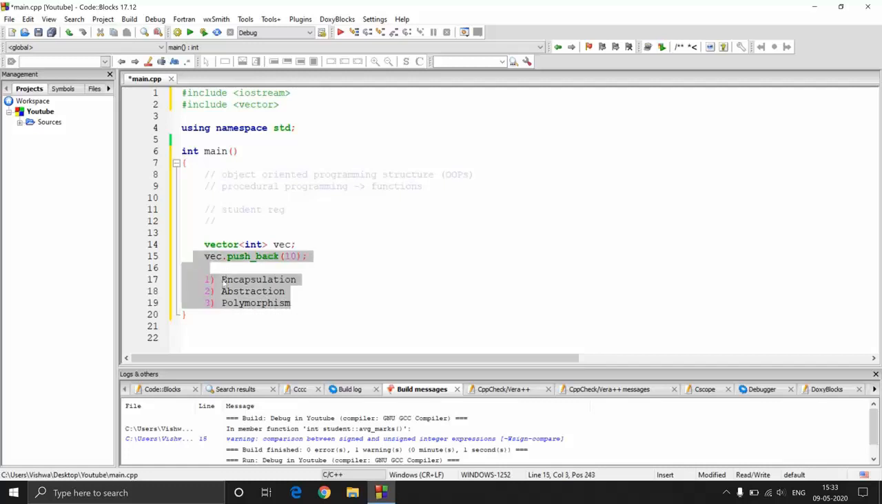We'll be talking about these things in great depth at a later stage, but for now you can understand encapsulation as combining the features. When you combine all the features which are required by a particular object, that is known as encapsulation. And abstraction is you show only what is required. So here, the pushback function is